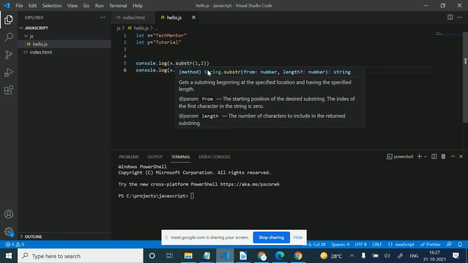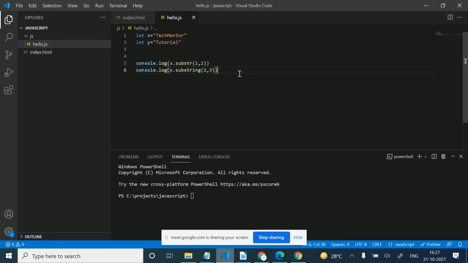Okay, so now next we have a very important string function here, indexOf. Mostly we will use indexOf if we want to get the position of something, like I want to get the position of m in tech mentor.